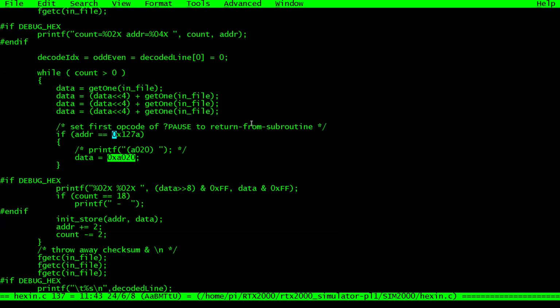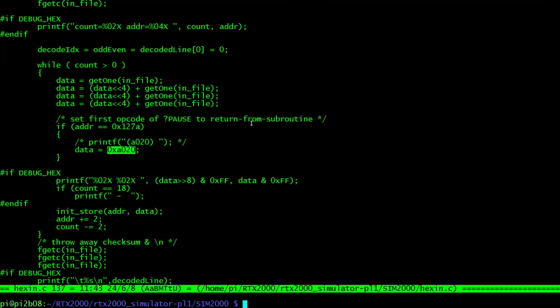For the RTX, that's just a return from subroutine. So when we jump into pause, we come immediately out of that thing. So if we run that,